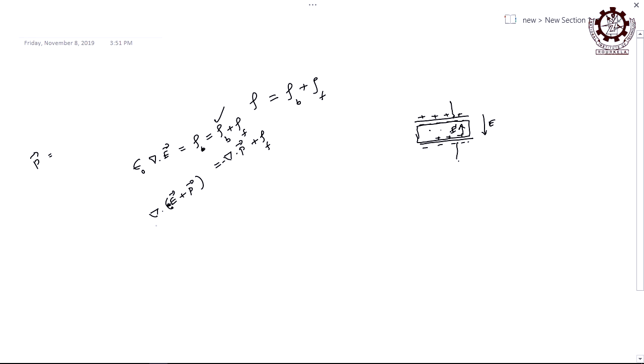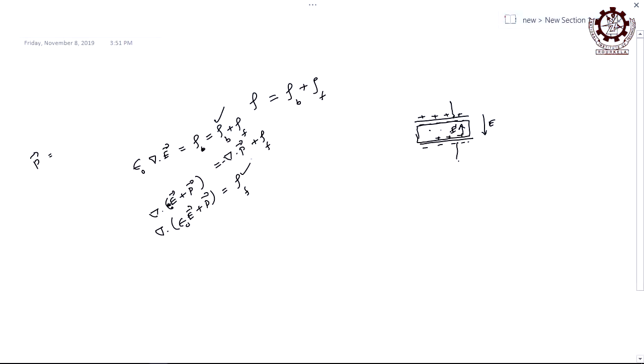So, if you take it to this side and take the divergence of both, it will be the divergence of epsilon 0 E plus P, which is equal to how much? The free charge density, right. The free charge density is how much now? So what do you mean by this free charge density? The charges are free or not? Free, right. So, is this a scalar quantity or a vector quantity? Charge density.